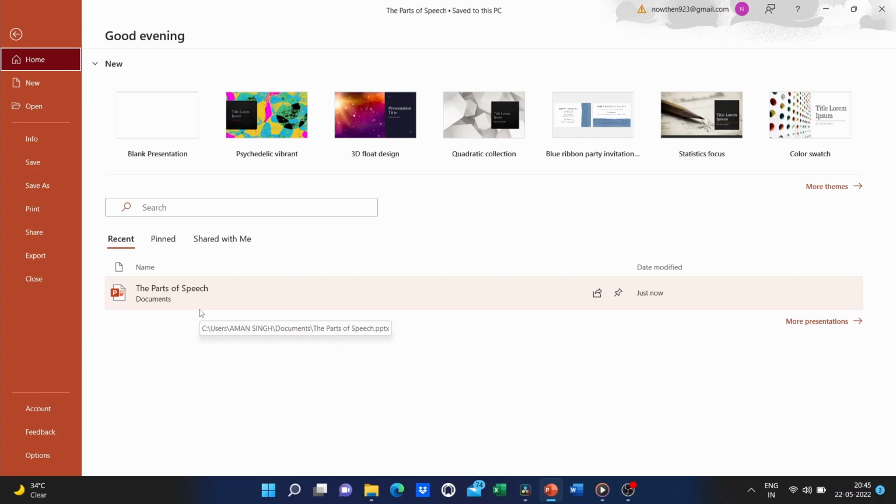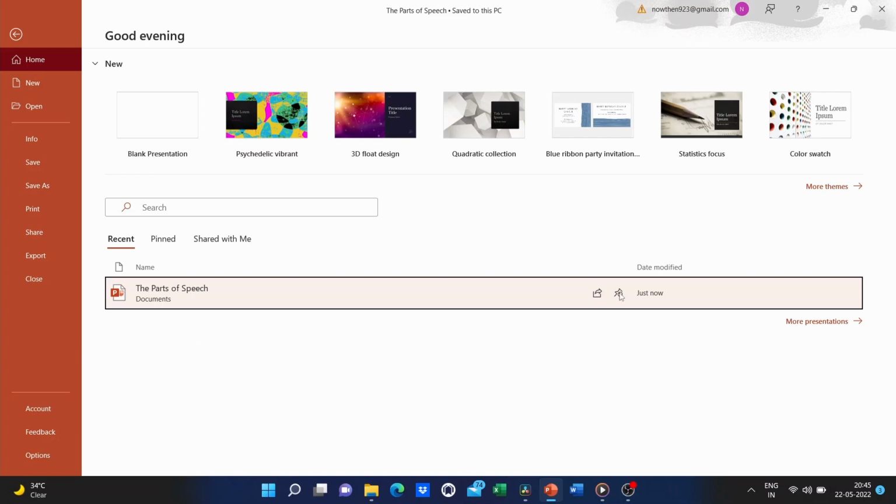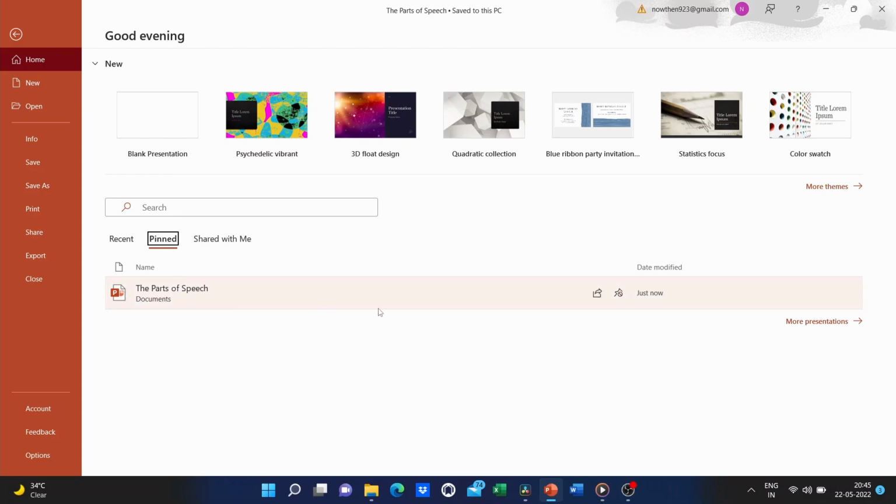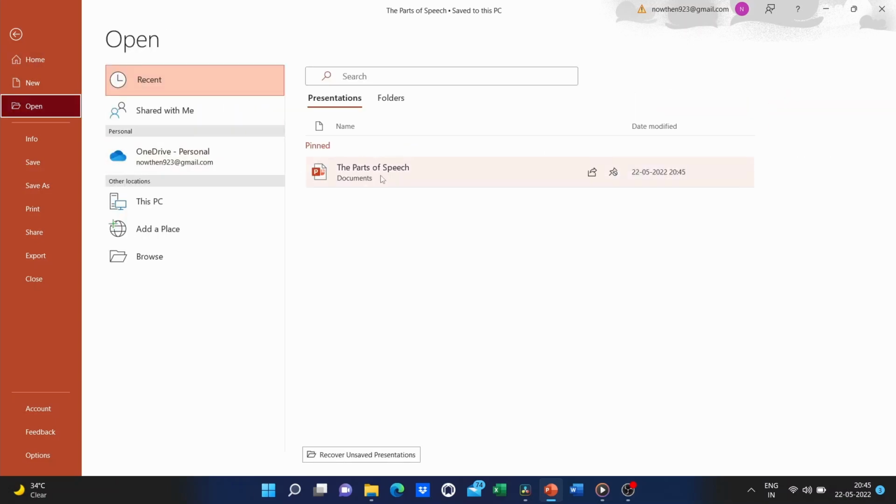There's a little push pin here. If you click on that push pin, it will pin this document at the top of the list. So if this is a particularly important presentation that I'll need over and over, and that maybe I'll continue to work on, I usually like to pin it so that I can easily find it again. And now also when I click on File and click Open, there it is, and it's pinned. I can also pin or unpin from the File menu.